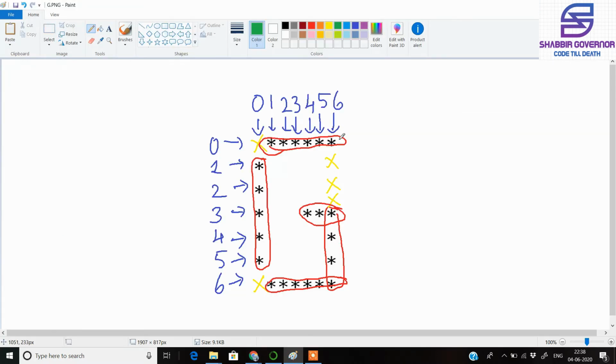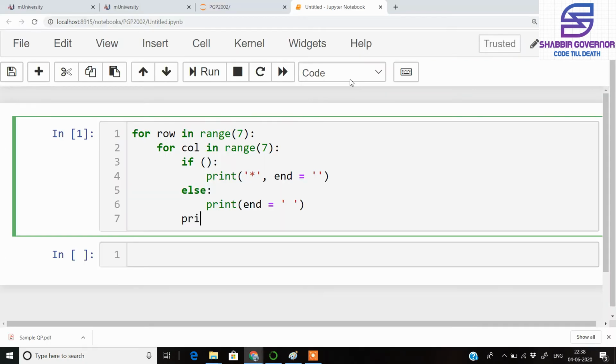From line number 1 or row number 0, we can say that after printing this last star, we need to go to the next line. So for that, we need a command that is an empty print. This empty print command will actually force the cursor to go to the last column, and then it will go to the next row. So for that we actually write print empty.